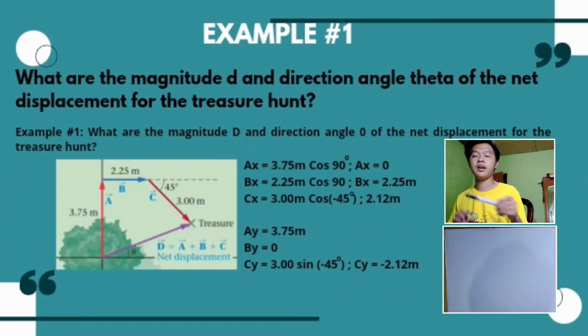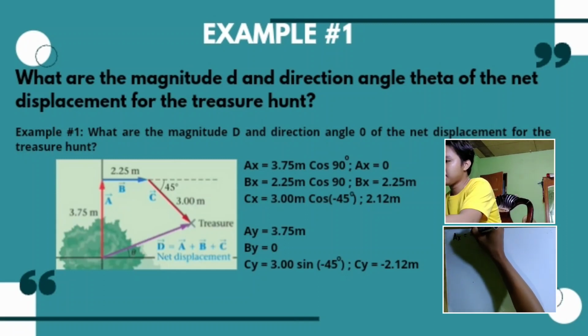So let's go to example number 1. What are the magnitude d and the direction angle theta of the net displacement for the treasure hunt? In this example, we use the vertical and horizontal components for the magnitude and for the direction. So first, for the horizontal and vertical components,